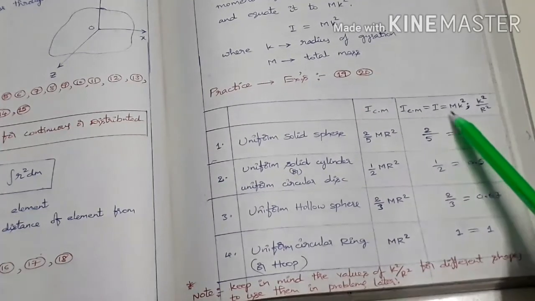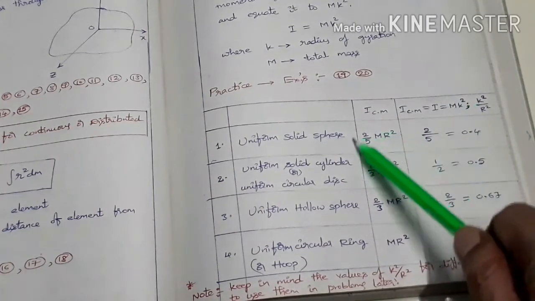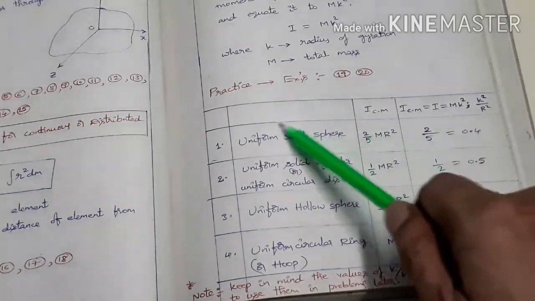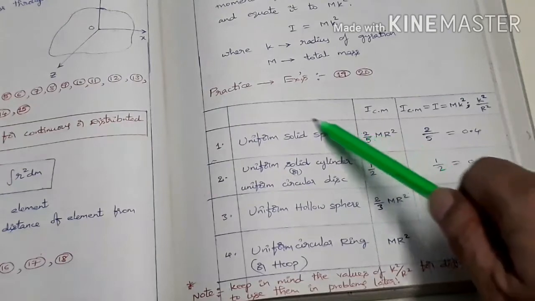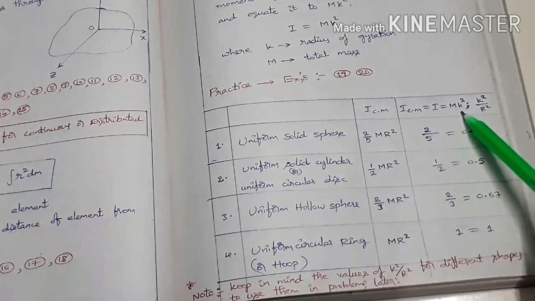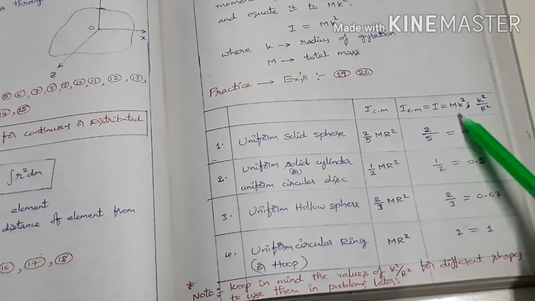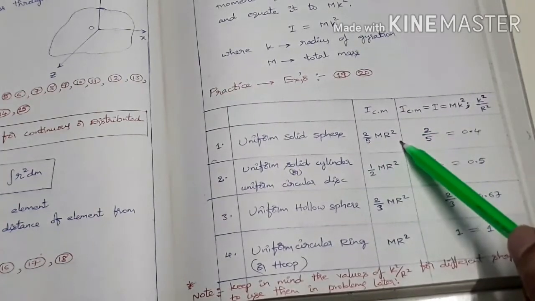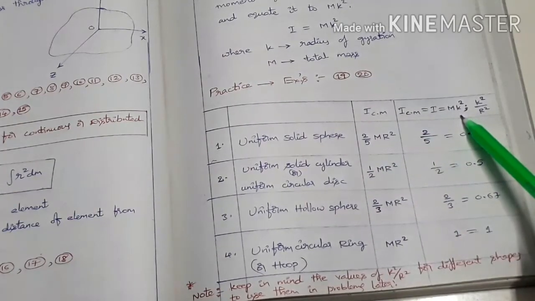So that k, see, the moment of inertia mk square equals 2 by 5 mr square. So 2 by 5 mr square is the moment of inertia of the given case here. So we are imagining that this sphere is made into a circular ring of radius k. What is the moment of inertia of that circular ring about its geometrical axis? It is mk square. Now this mk square must be equal to 2 by 5 mr square. Okay, then this k is known as the radius of gyration.